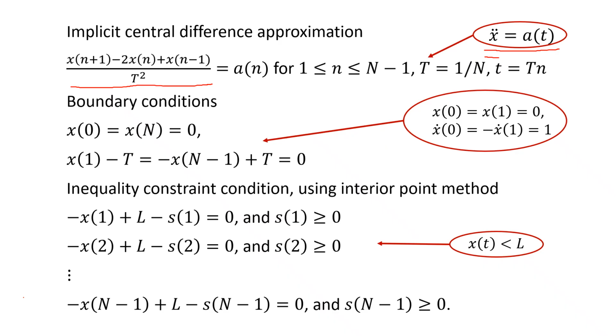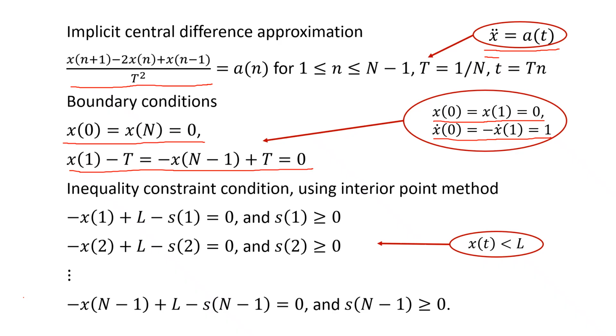In the problem statement, there were also boundary conditions. For the boundary condition, x of 0 is equal to x of 1 is equal to 0, we can write this in terms of our parameters. x of 0 is equal to x at n, which is equal to 0. For the velocity boundary conditions, we can come up with a similar